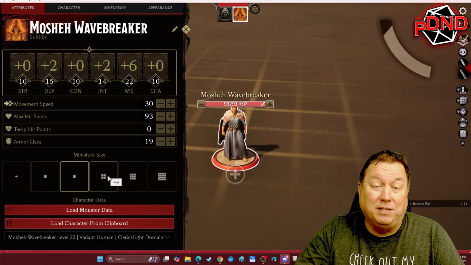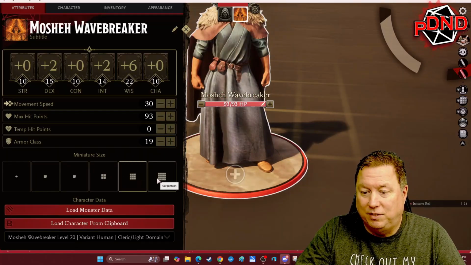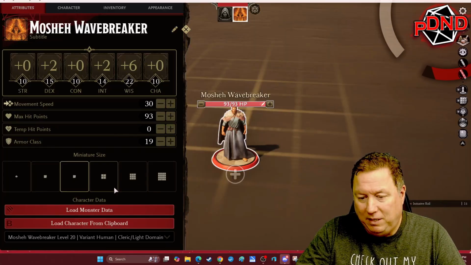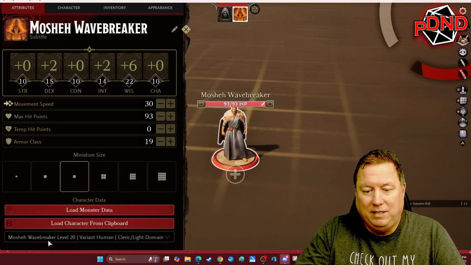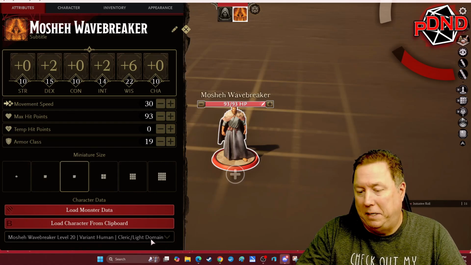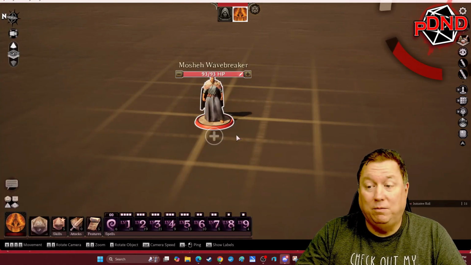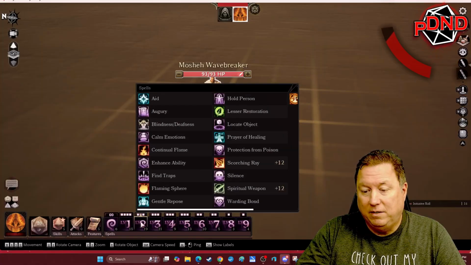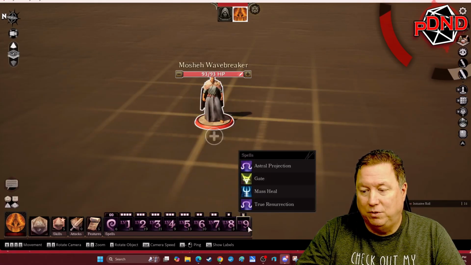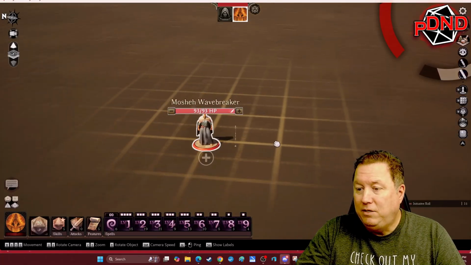You can actually adjust if you wanted to. You can adjust his size. I can make him gargantuan if I wanted to, but we're going to keep him medium for this. Down here you see he is a level 20 variant human, cleric light domain. So after I've selected Moshe, we can see down here it's going to make all of his spell slots available to me. The other thing I do need to add,